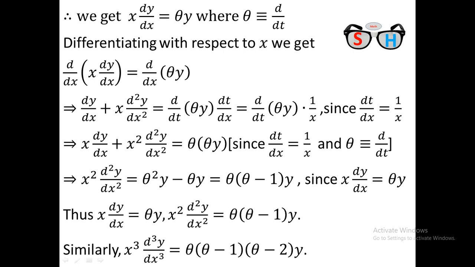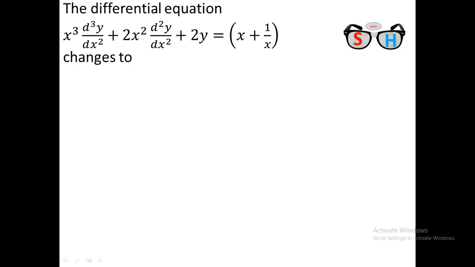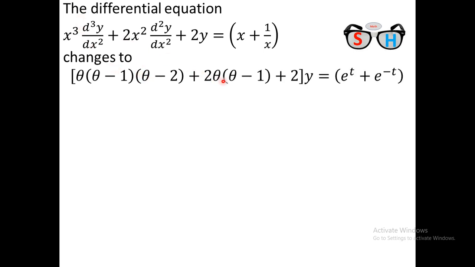Okay, now I take all these results and put them in the given differential equation. You have to remember the formula because all the problems have the same result. The differential equation was that; this is the same mistake, a typing mistake, sorry. There will be 3x cubed d3y/dx3 and so on, the remaining are the same. The differential equation changes to: theta into theta minus 1 into theta minus 2 plus 2 into theta into theta minus 1 plus 2 of y equal to e to the power t